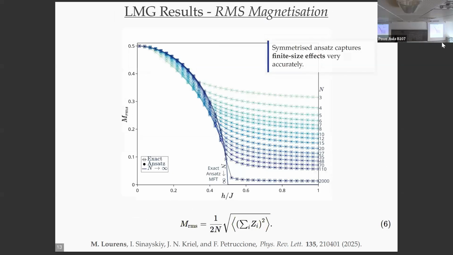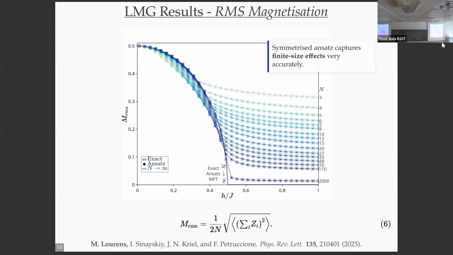So the results. Here I plot the root mean square magnetization for the LMG model. This is the prediction of our symmetrized ansatz. The open squares represent exact results, and the solid dots are our ansatz prediction. So we see that we capture finite size effects very accurately. We also reproduce the exact root mean squared magnetization in the thermodynamic limit, correctly predicting a quantum phase transition at